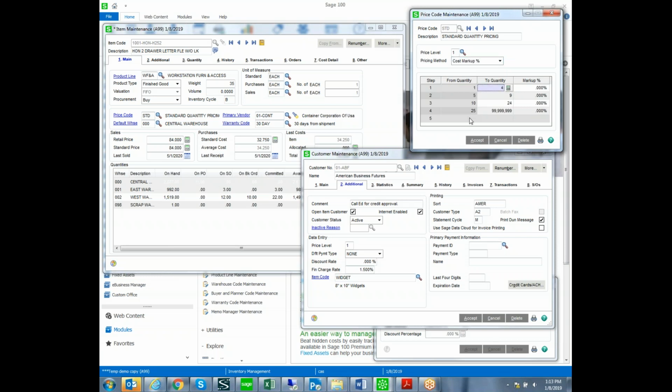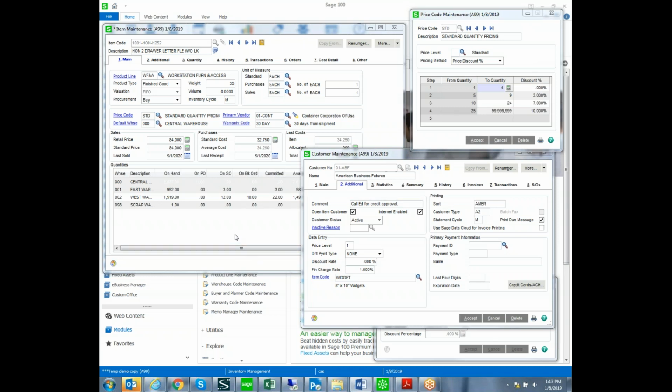It defaults to the same level of steps that the blank price level does, but we can change that simply by putting in the quantity that we want to cut off the quantity break at and apply our markup. So with price level 1 customers, they get a 30% markup up to 10 items and a 25% markup with more than 10 items. If you do not actually want to save that, you can still hit cancel because this does set up a more specific pricing in the system, but we want to accept it. So we're going to go ahead and accept that. So now